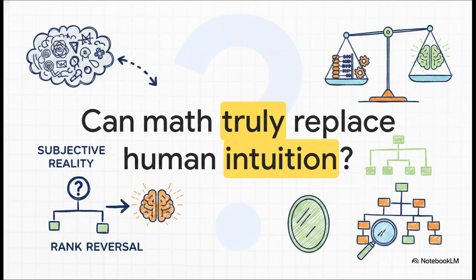Which leaves us with this final thought. We use tools like ELECTRE to translate our messy, subjective reality into rigorous, impartial math. But if a sophisticated algorithm can still suffer from phenomena like rank reversal simply by introducing a single new option, can mathematical precision ever truly replace the adaptability of your own human intuition? Or are these tools really just mirrors, helping us understand the parameters of our own judgment? Think about that the next time you're facing a